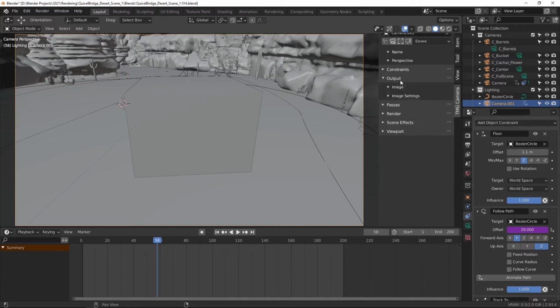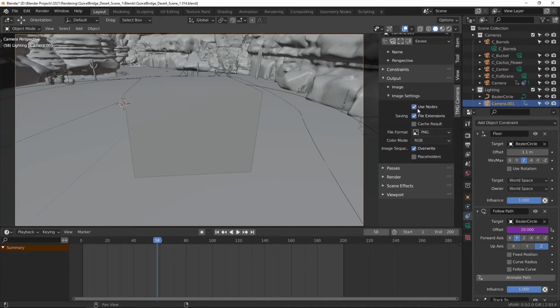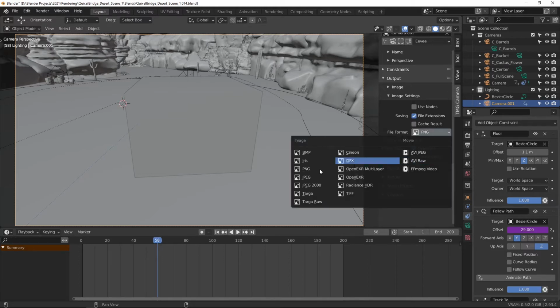If we go into the output category, we have image and image settings. We have the image output. You can click on the image or animation and it will create a still frame or an animation. We have render slot. If we go into the image settings, you can use nodes or not use nodes in the compositor. We have file extensions, cache results, you have the file format, so you can have an FFmpeg video